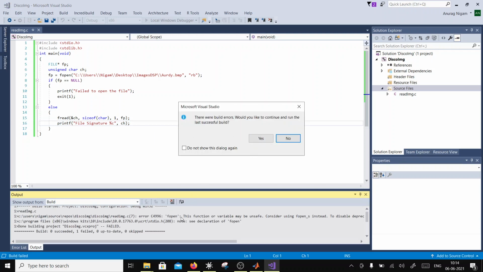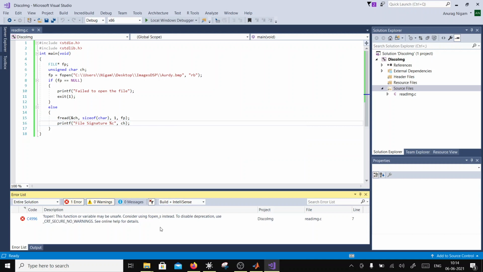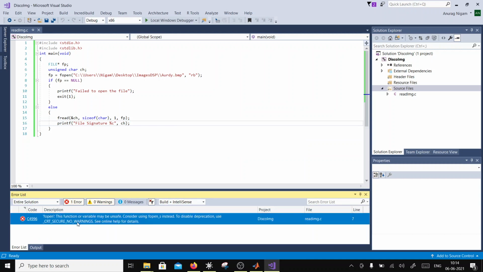Build error, fopen. What does it say? Okay, CRT secure warning. So this is kind of a deprecation related issue.